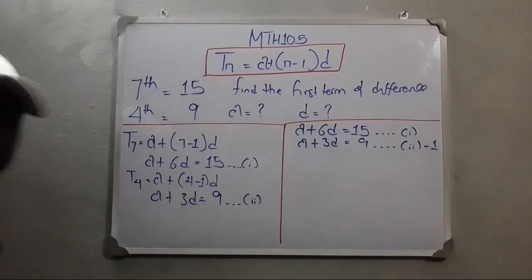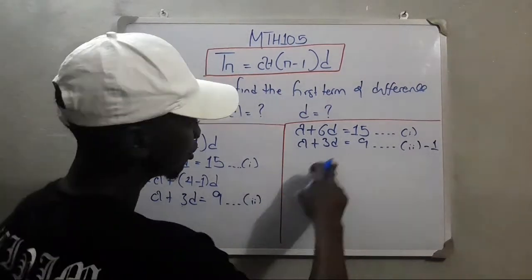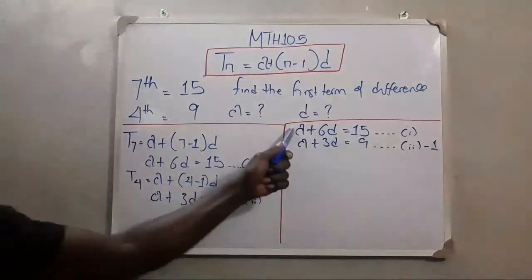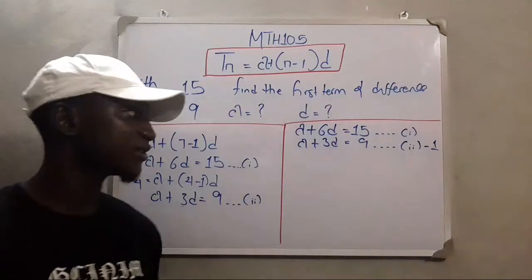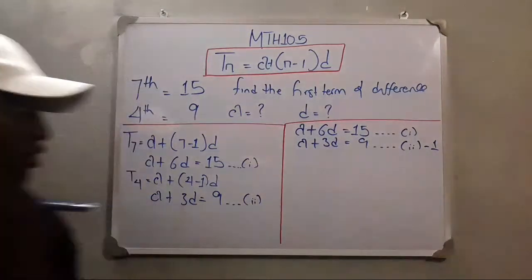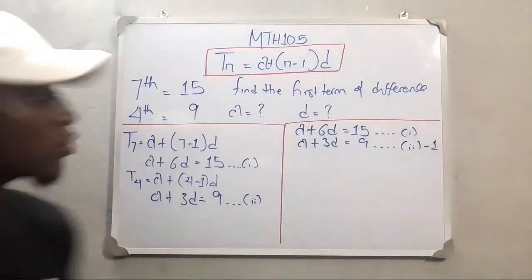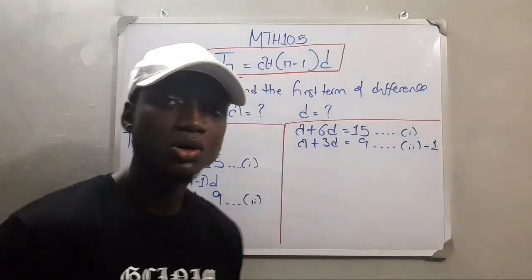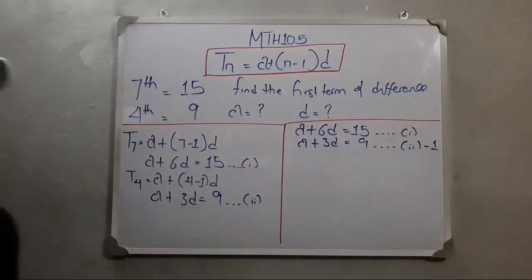So just going to proceed now. This is positive A, positive A, positive A, positive 6, positive B, and we have 15 and we have 9. So we just have to look for a way to eliminate one of the unknowns. From what we have here, the only available unknown we have here is